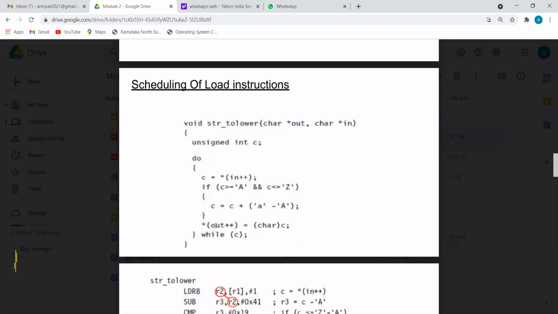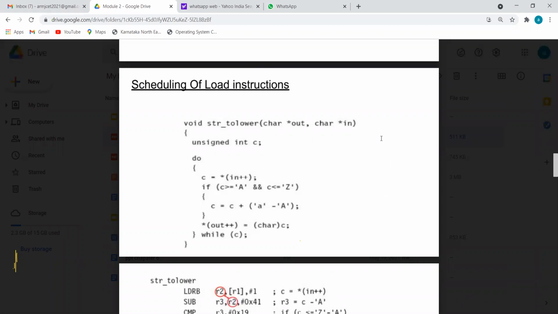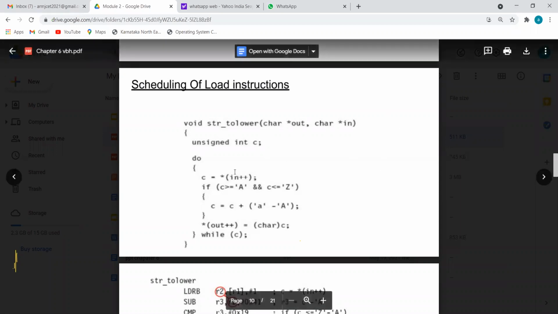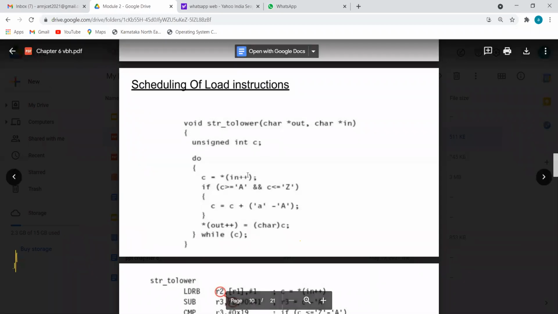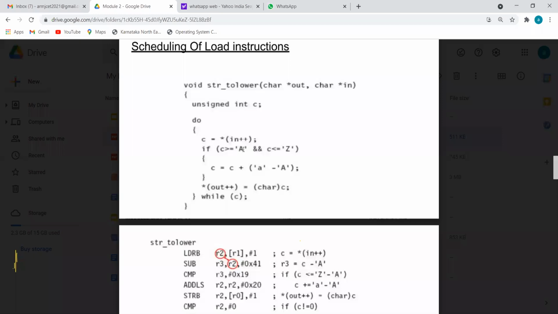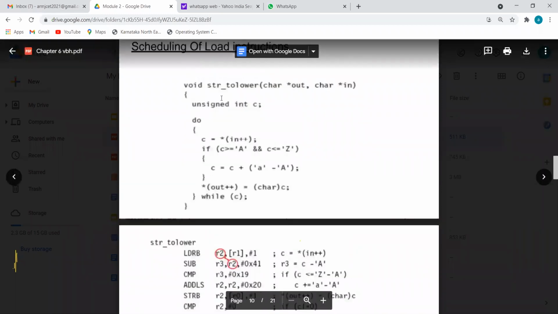Please Google the ASCII code values table, write it on paper, and apply it over here for capital A, capital B, capital C. Go through this mathematical difference function and you will get to know. Please trace this program, because I am not executing it on Keil software. Since it is an interface program, it will be difficult, and we are executing it in part B of our lab. So it's a C code.